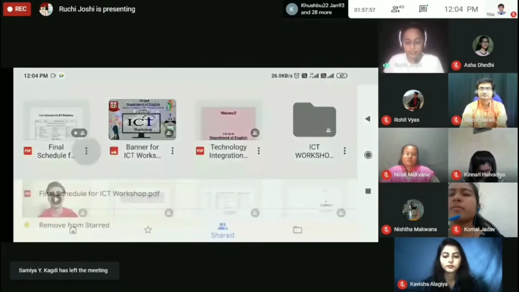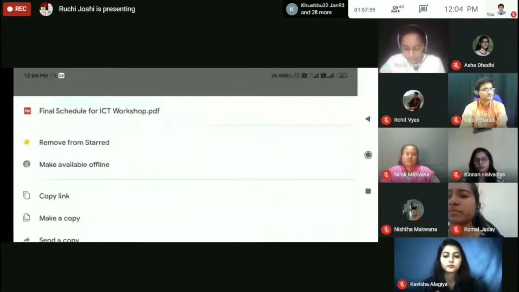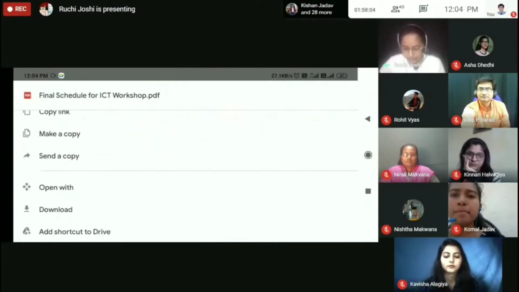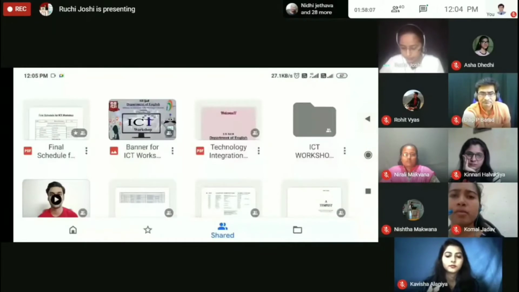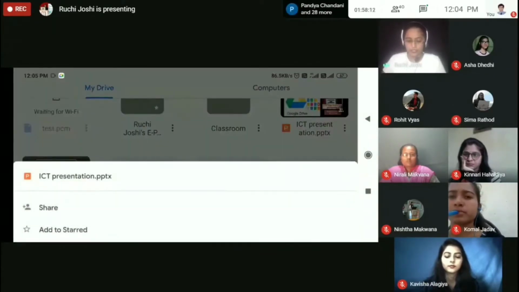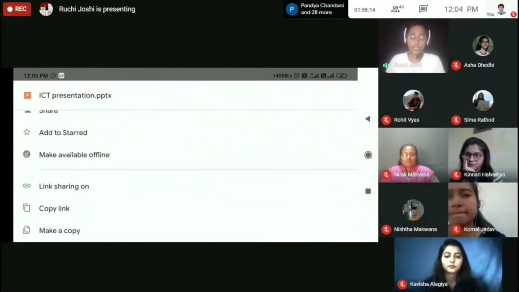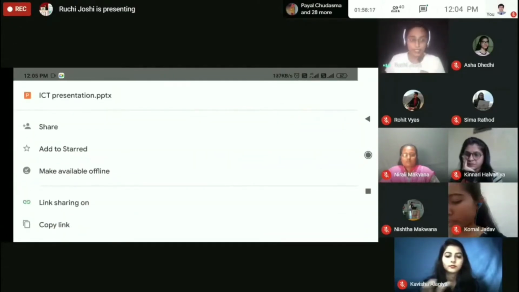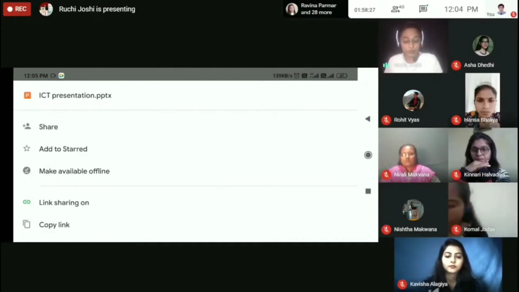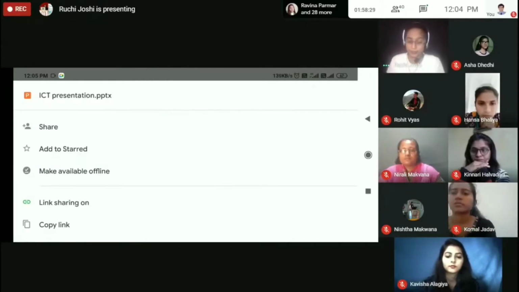Now another thing, when I click on files, okay. We learned how to share a link. The very next point is when we want to share directly from drive to drive. What to do is click on the share button, the very first option. I am clicking on the share button,